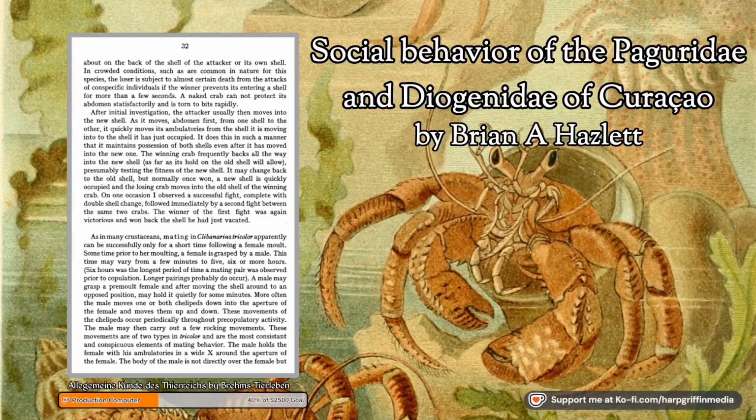On one occasion I observed a successful fight, complete with double shell change, followed immediately by a second fight between the same two crabs. The winner of the first fight was again victorious, and won back the shell he had just vacated. As in many crustaceans, mating in Clibanarius tricolor apparently can be successful only for a short time following